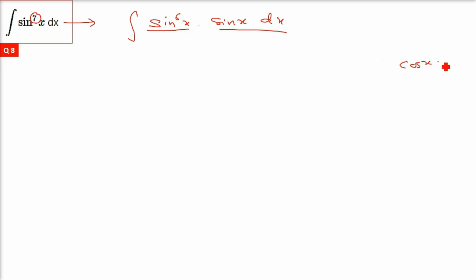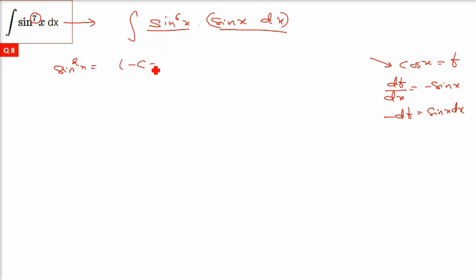For that, we will put t equals cos x. So dt by dx will become, derivative of cos x is minus sin x. This will be negative dt equals sin x dx. This sin x dx we have got as negative dt. What does it mean? We have to convert sin^6 x into cos so that we can